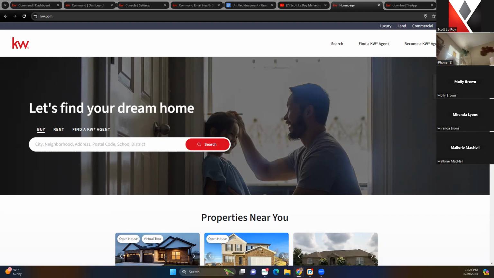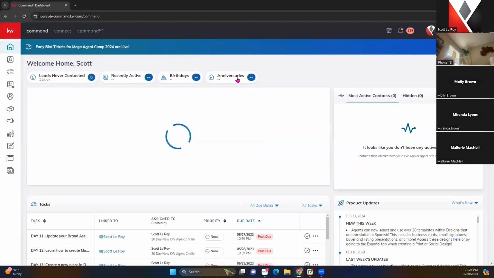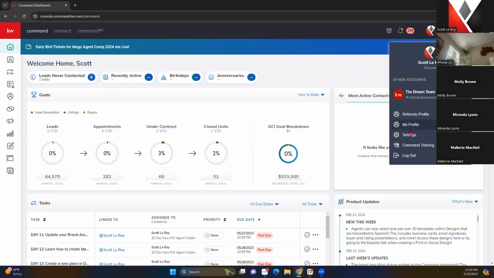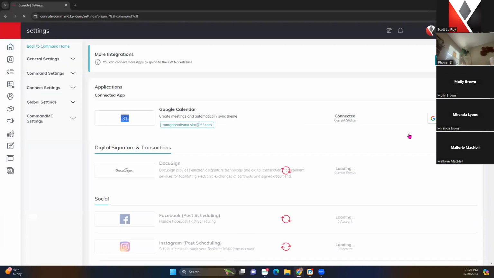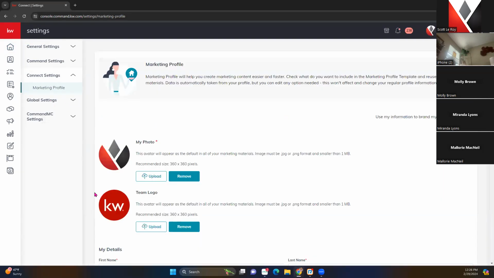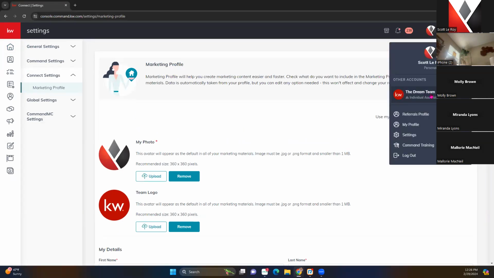Now, again, you have to be on a team in order to access the team marketing profile and the team website. You do also have to have enhanced or unlimited permissions in order to make edits to that and create that. So to access the team marketing profile, you will go up to settings and you will go to connect settings and marketing profile. Now, as you can see, we're just in Scott's basic marketing profile right now. But if we click on the name up here and we switch to the Dream Team